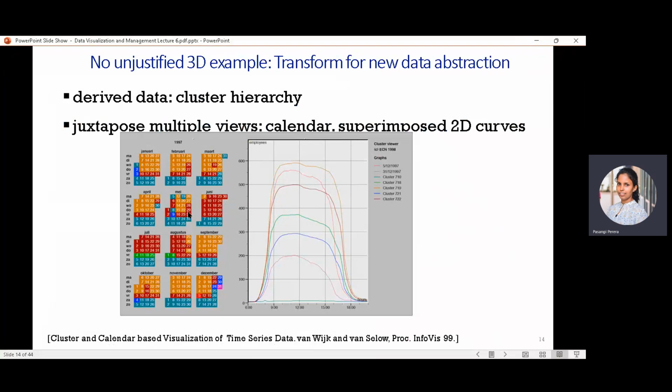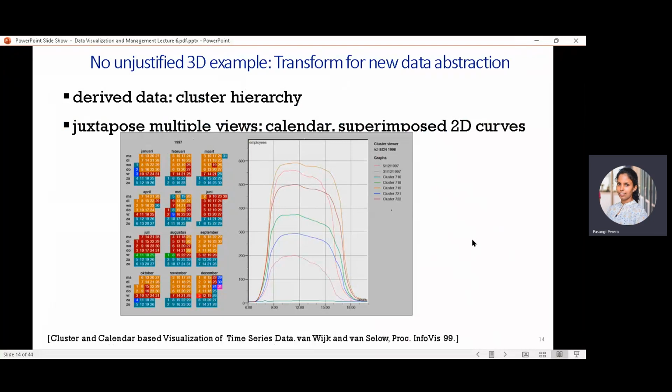Here we have calendar data, but on the left side we can't derive what we have. So again, it's a kind of cluster hierarchy, but with these transformations for new data abstraction also,